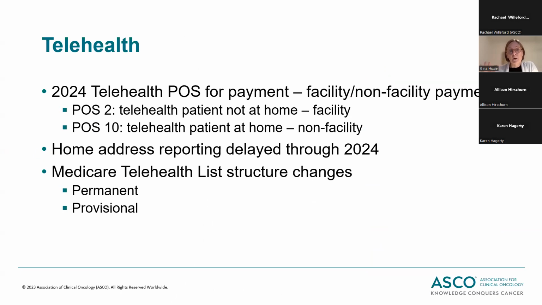There are a few coding changes though that accompany that non-facility payment rate. So for 2024, beginning on January 1st, to receive the higher non-facility payment rate, you need to bill a place of service 10, which means that the telehealth patient is at home, and then you would receive the non-facility rate, which would be higher. If the patient is not at home, at the facility, then you would bill the place of service for the telehealth patient. This does replace, I think it's modifier 95, which is currently what's being used. So just to know, there are some billing changes or coding changes along with that payment rate.